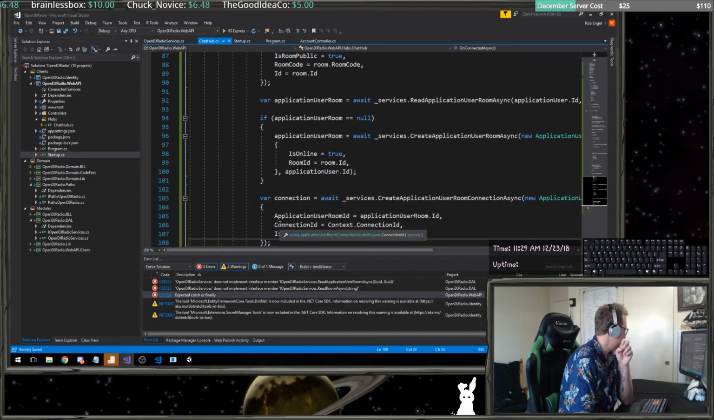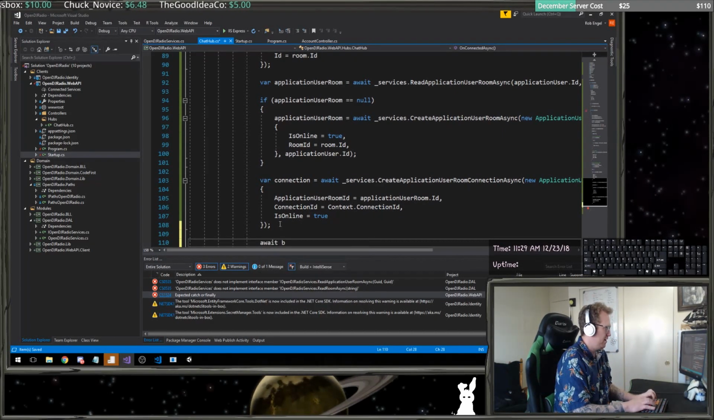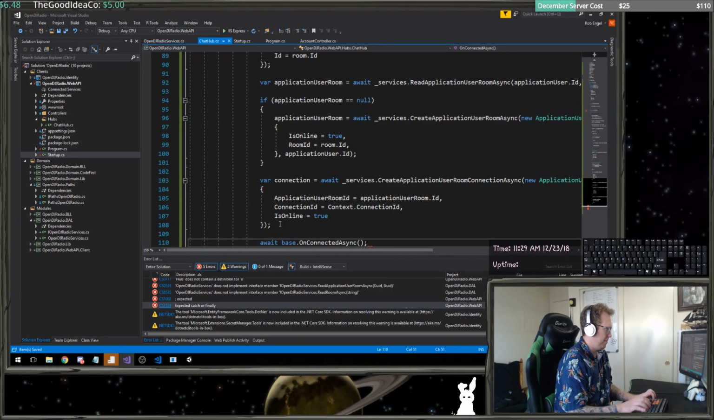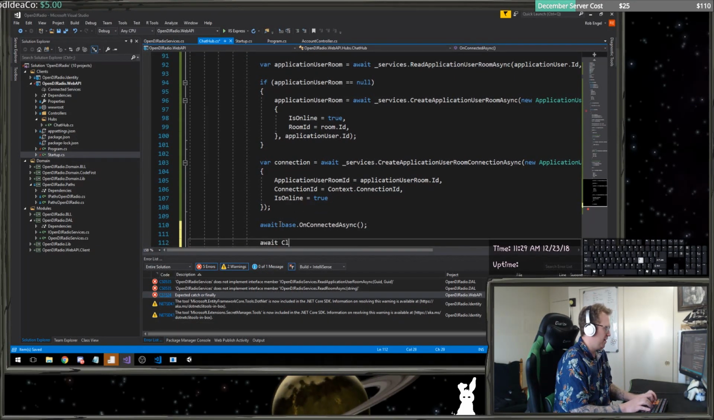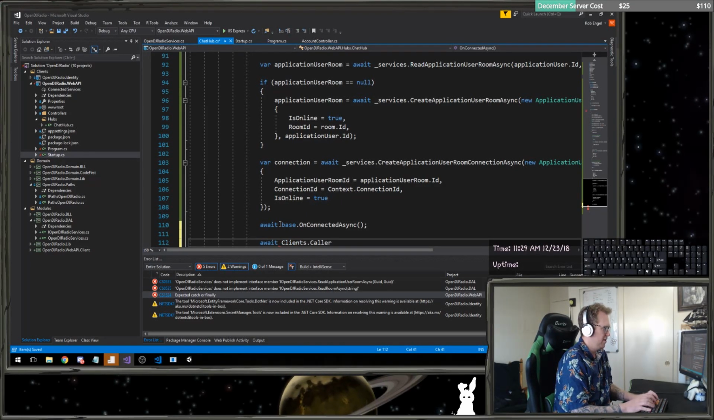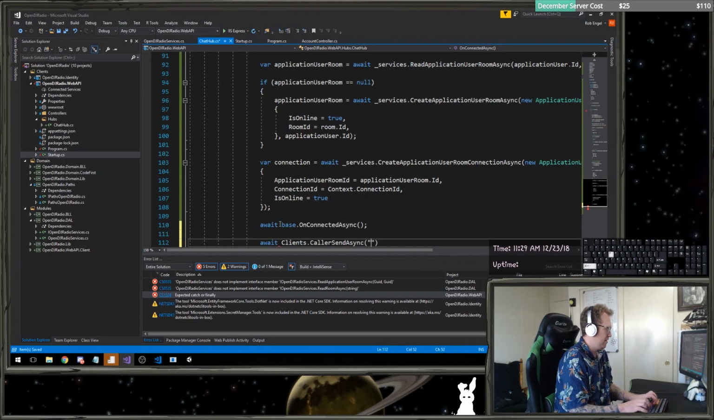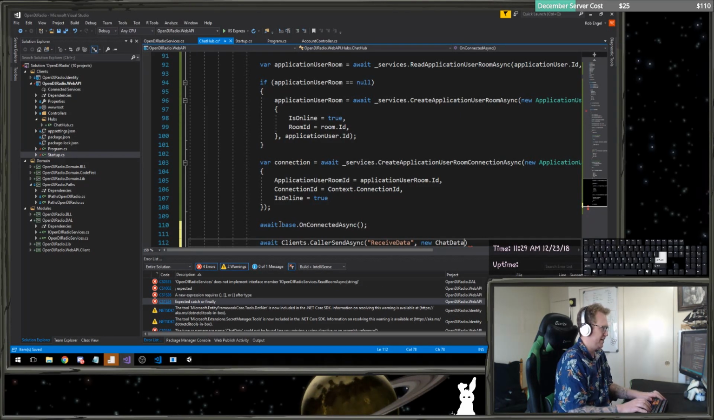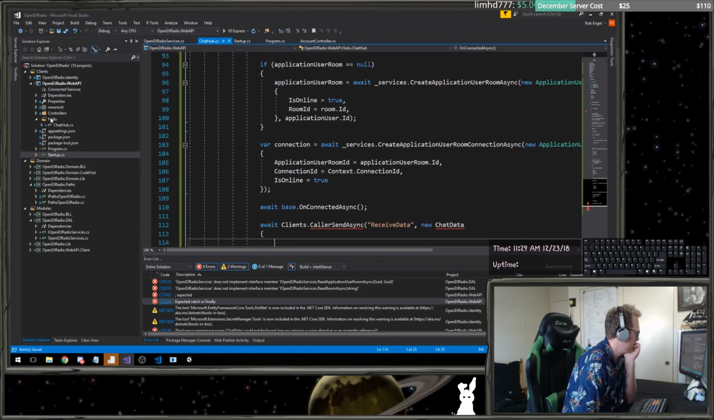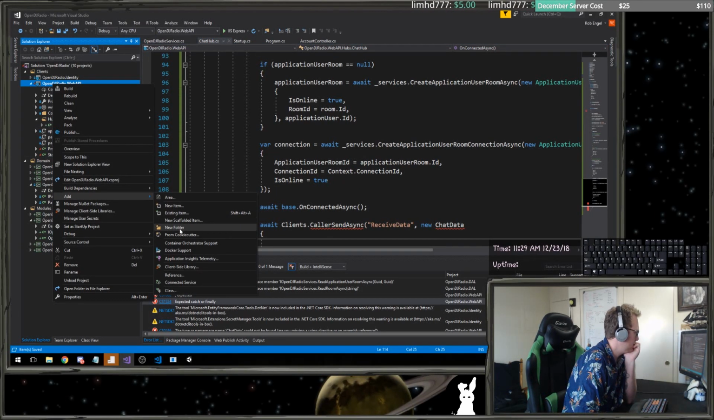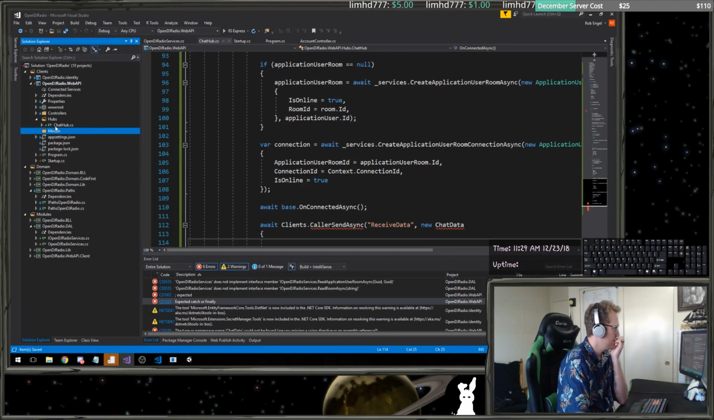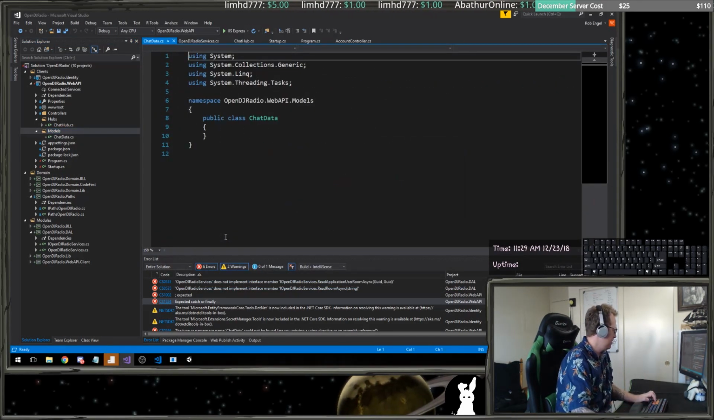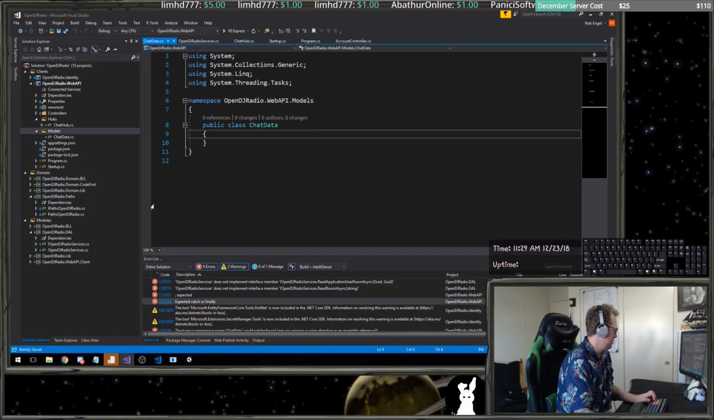And now that that's done, I can do an await base.on connected asynchronous, my original function, and then do an await clients.caller.send asynchronous, a receive data function where we're going to pass in a new, what I'm going to call chat data. And in this, it's going to be a prop